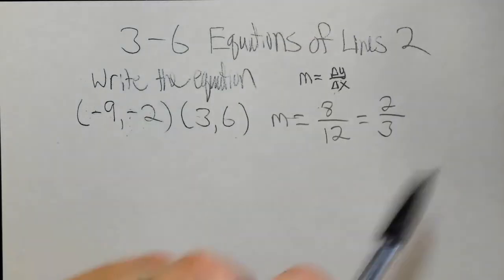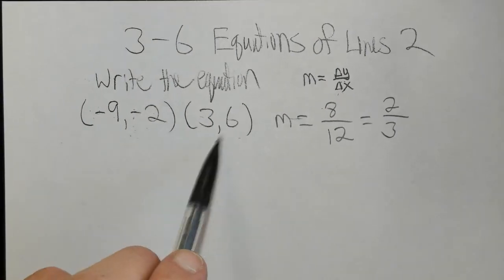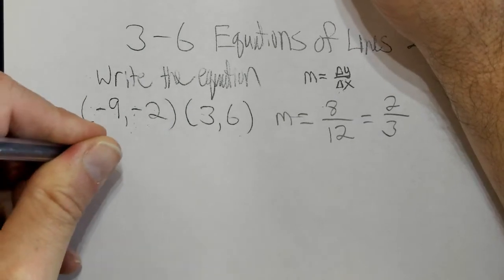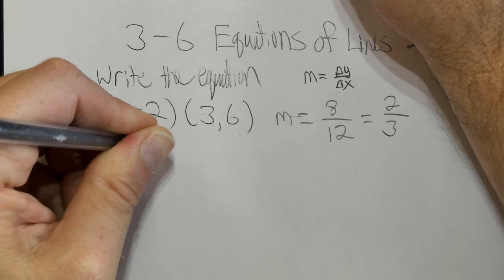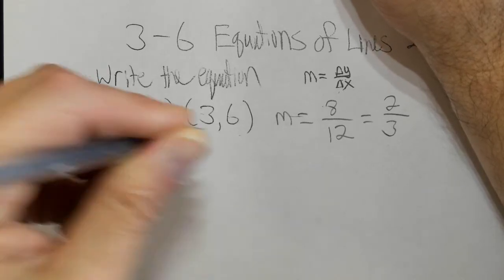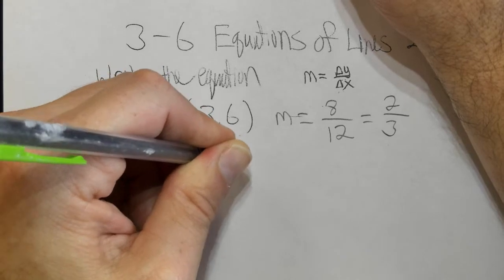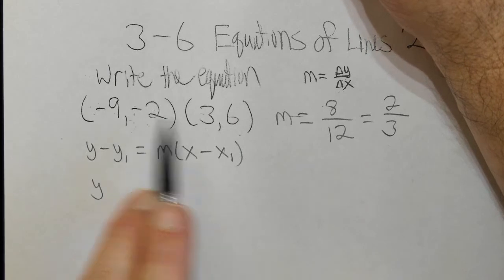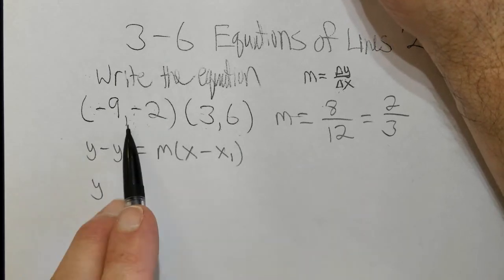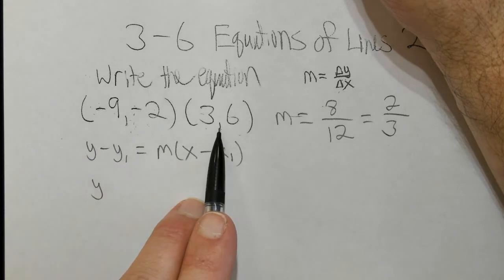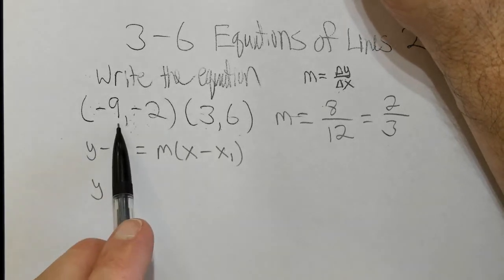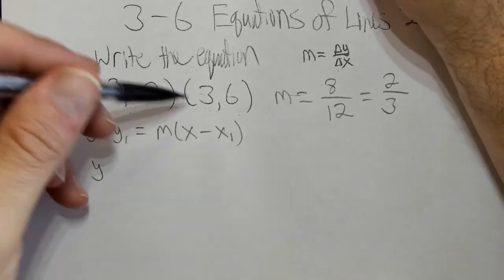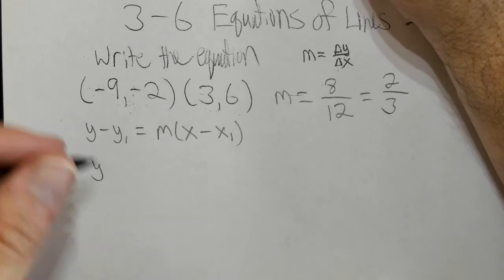Okay, so now I have a point. I can choose either one of these points and then take this slope and plug it back into point slope form. So I'll have y minus y1 equals m open x minus x1, and now we'll go and plug in. Now remember, it doesn't matter which one of these 2 points you pick, you would get the same answer if you chose the first point or if you chose the second point. So really the only advantage would be choosing the point with the smaller numbers, I guess, so that your calculations are not as big. So I'll choose 3 and 6, and so it's going to be y minus 6,